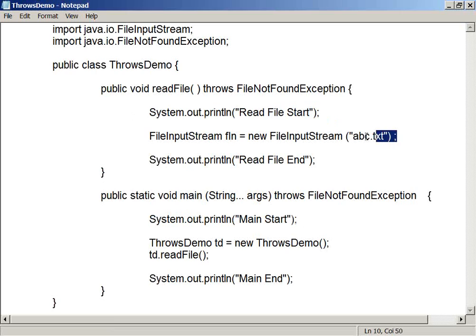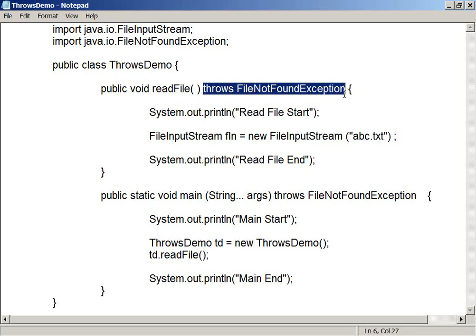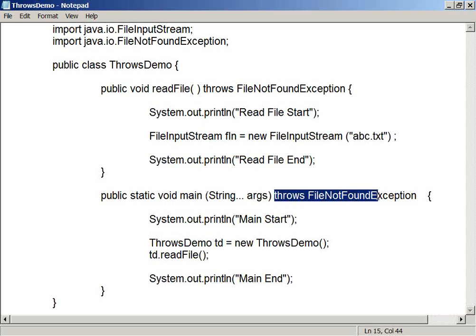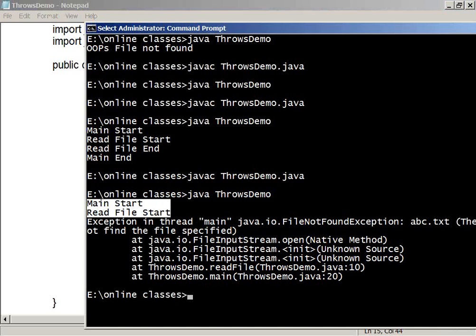Why? Now this statement is trying to open a file, and because that file is not there, it is throwing the exception to its caller, and this method is also not handling it. It is simply forwarding this to main, and main is also simply forwarding to its caller. That means in the hierarchy nobody has handled this. The program is terminated abnormally.